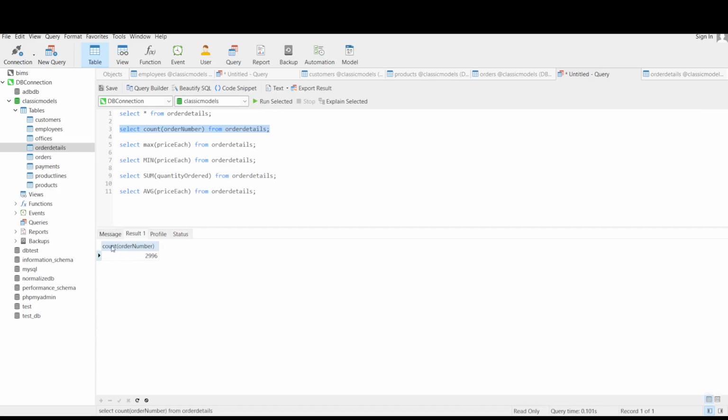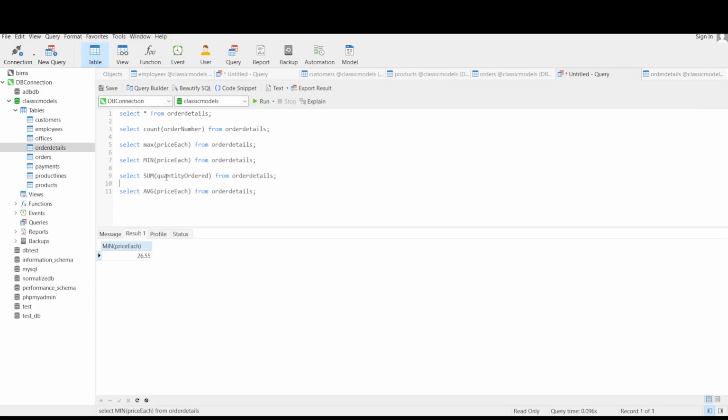The count is 1009, so that's how you check the number of records. This one is the max price, the most expensive, 214.3. And the cheapest price is